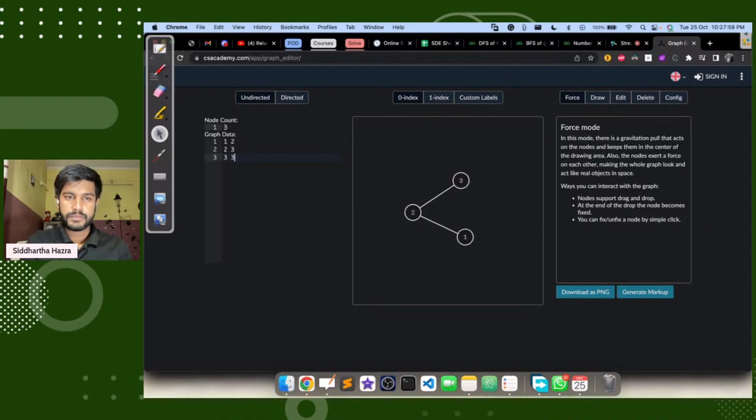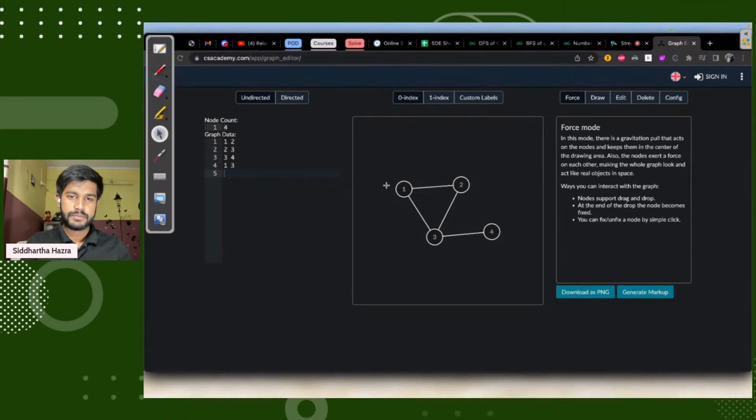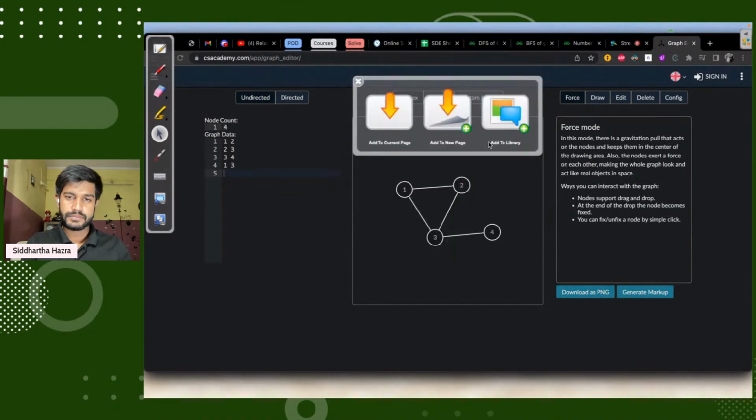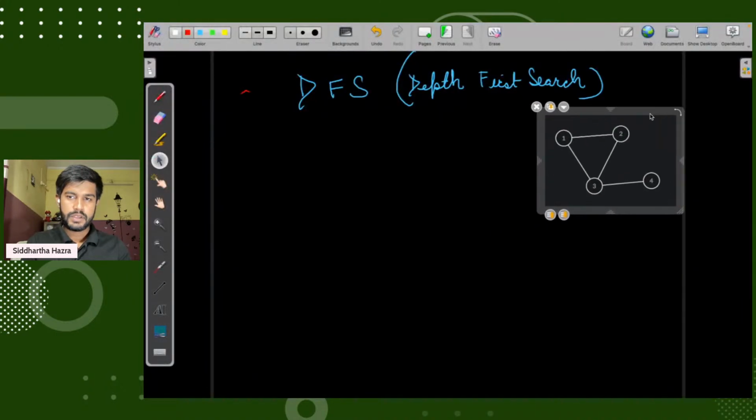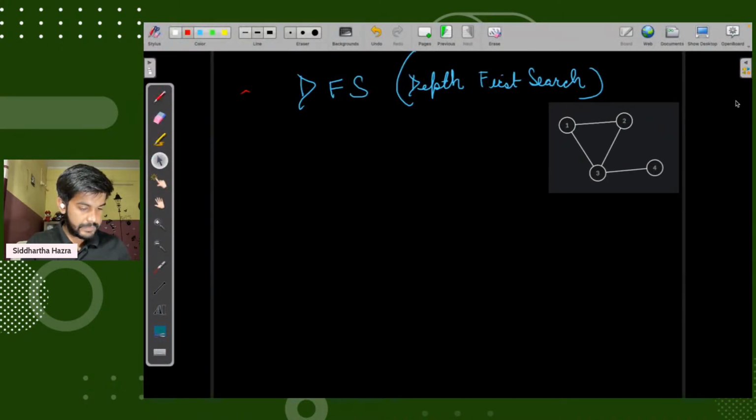We have made it like this. This is the graph. And now let's first have the adjacency list representation of the graph.